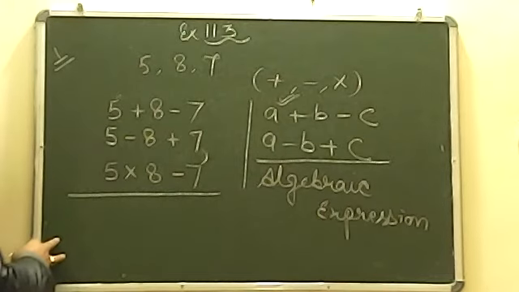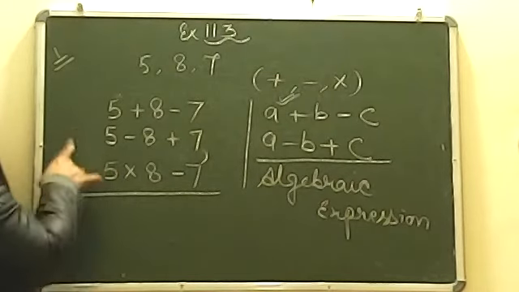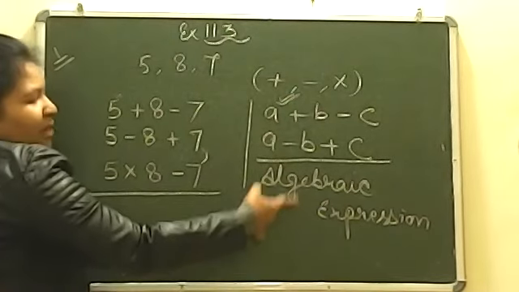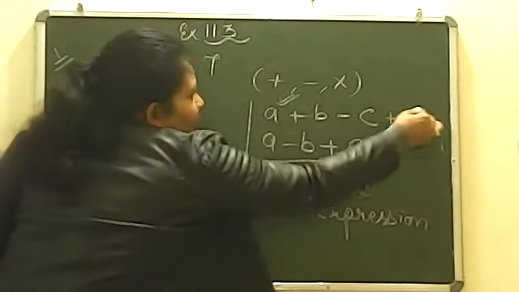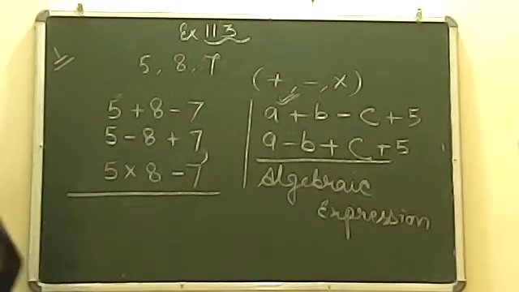And जहां पर variables नहीं है मतलब वहां पर unknown नहीं है, और जहां पर unknown नहीं है you can solve it easily. So this is not an algebraic expression, but this is an algebraic expression because we have variables, we can also add a constant to it. Okay, we can have a constant also, and we have operators as well. Okay, so remember, any algebraic expression is not possible without a variable. ठीक है, if a constant is not there, fine, but a variable should be there.